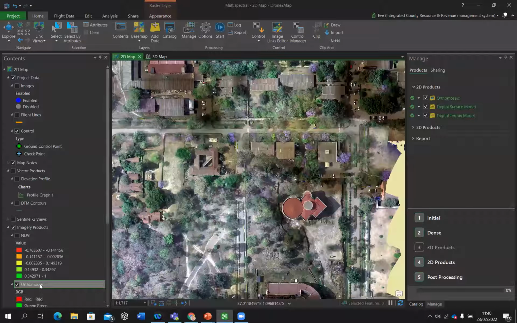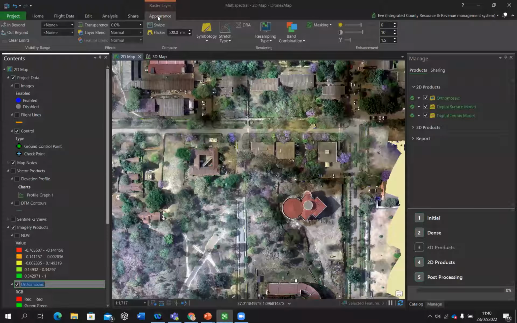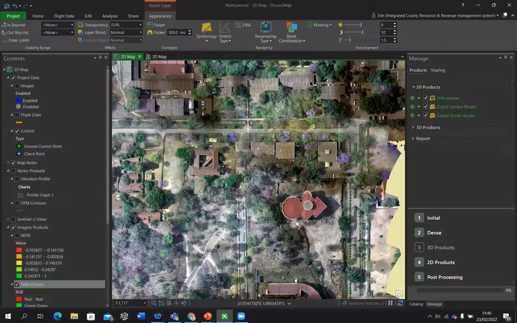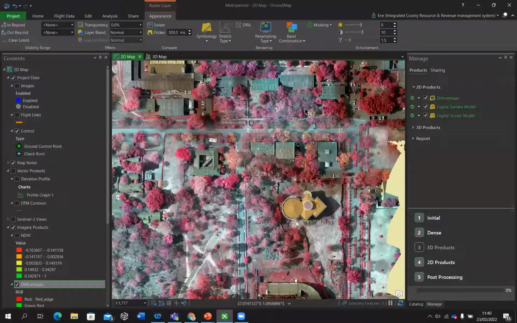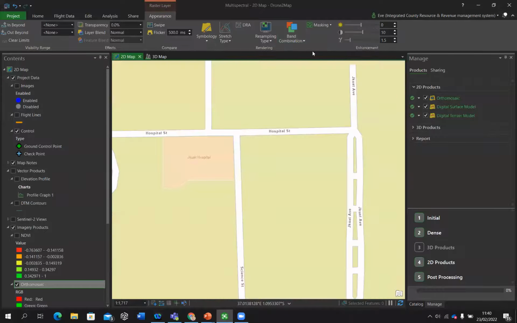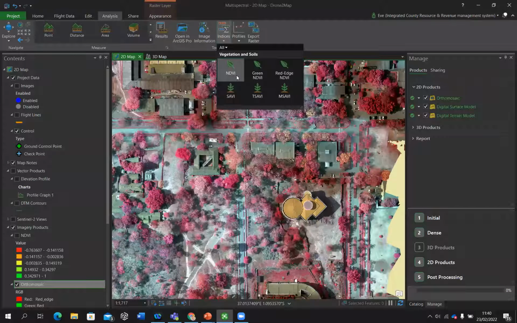So from the processed AutoMosaic, for example, you can now go ahead and do analysis. So again, with my AutoMosaic selected, I can come to the analysis tab and do analysis. But before we get there, you can also always switch between the different band combinations. Like what you're seeing here is the natural color. So I can always switch also and just show the color infrared. You can always switch between the different band combinations, both the color infrared and the natural color. Then you can go ahead and do analysis. So for this particular one, we can try one of the indices. We can try the NDVI index. So simply pick